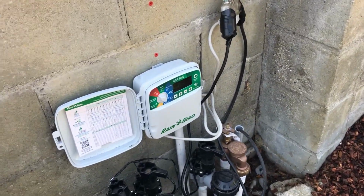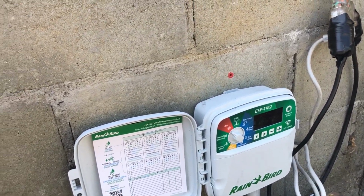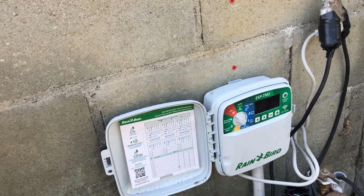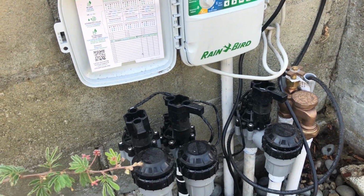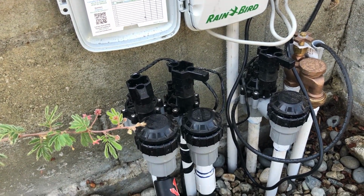Here's the brains of the irrigation system. Here's the Rainbird ESP TM2. Great system, it's Wi-Fi compatible. You can download the app. Here's the drip irrigation valves with different